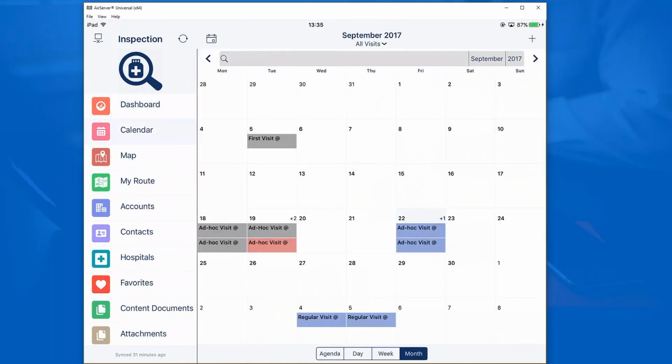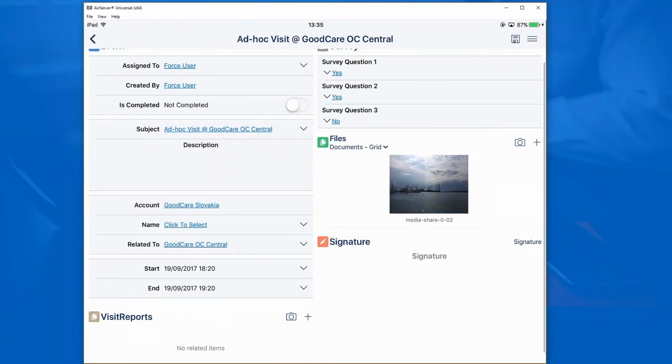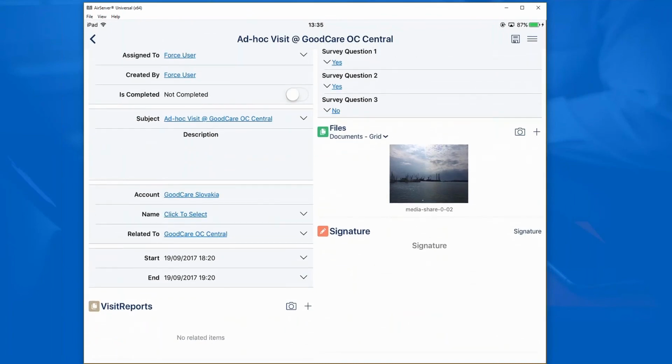You see the visits for the whole week, they are even color coded. The gray ones are already complete. The red ones are supposed to be completed, but for some reason they are not finalized. So for example, the user can check this visit and see, yes, he already finished it, but there is no signature and no report generated, so it is not completed at this moment. So we can return to it